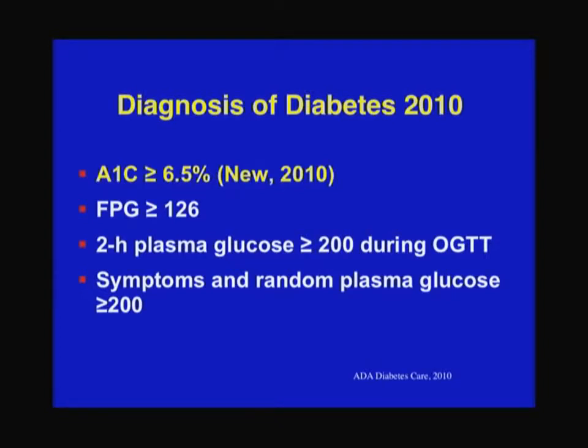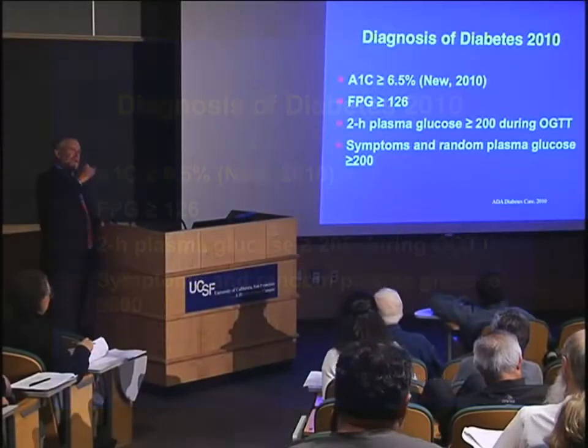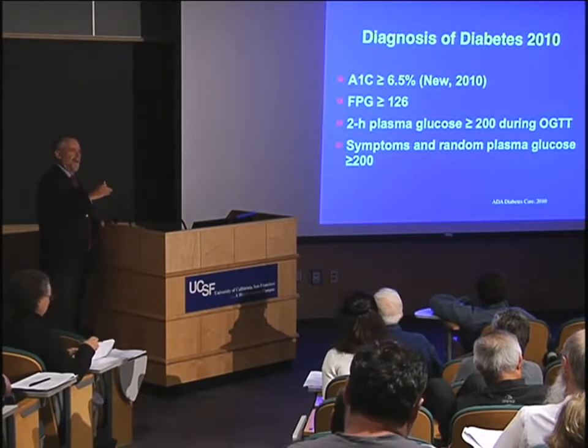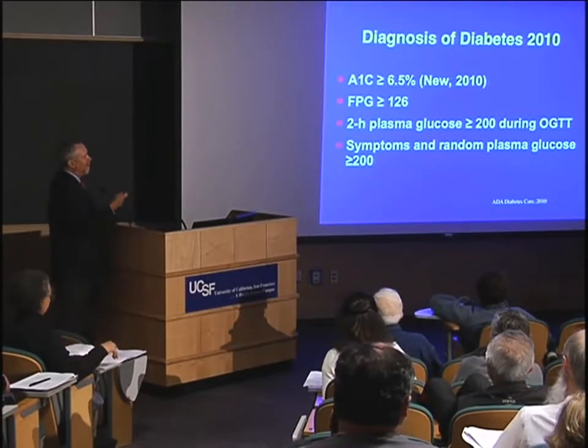And again, the definitions we use are primarily a fasting plasma glucose, or fasting blood glucose, of 126 or greater. About a decade ago, not quite, we said 140. So we've lowered this, so it's a little bit cheating. Part of the reason the prevalence went up was that we lowered the threshold. But we've done that with almost everything, as we've learned that even early stages of diabetes and prediabetes are associated with increased risk of heart disease.